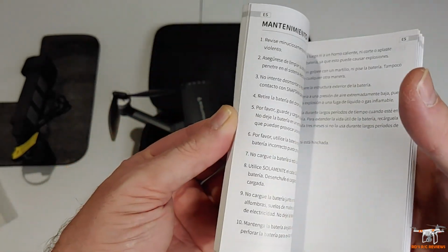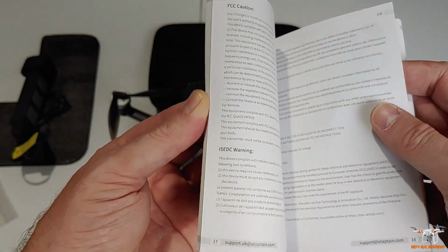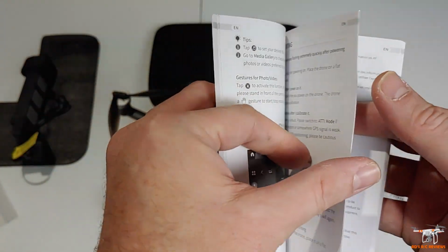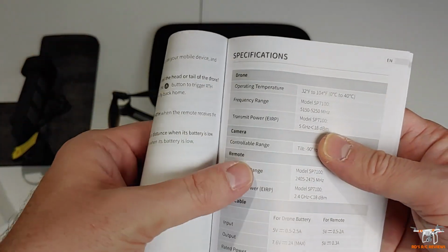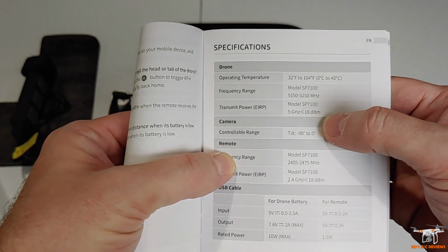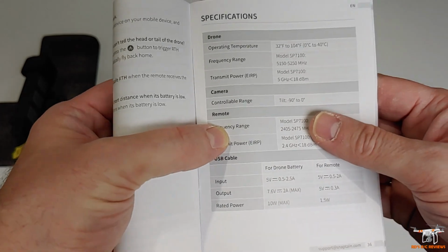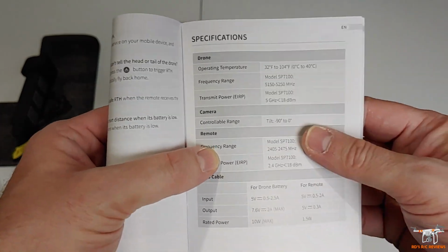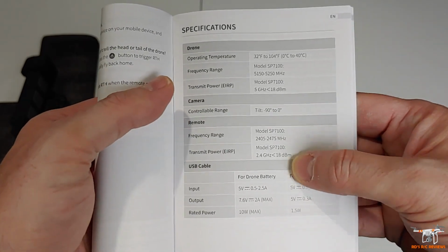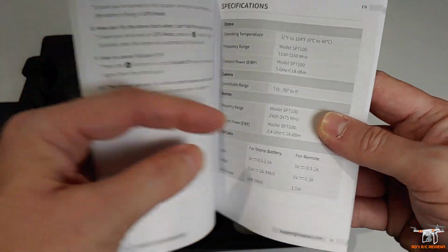But they probably have a little specs area here in the manual, if I can find that. So I'm hoping at least. Let's see, here it is. It says 5 gigahertz. It's probably 5 gigahertz Wi-Fi, I'd imagine. Most of these do use that because it's a higher bandwidth and there's less interference on that. 2.4, I think, on the remote controller. They don't have any specs here for the actual camera, so